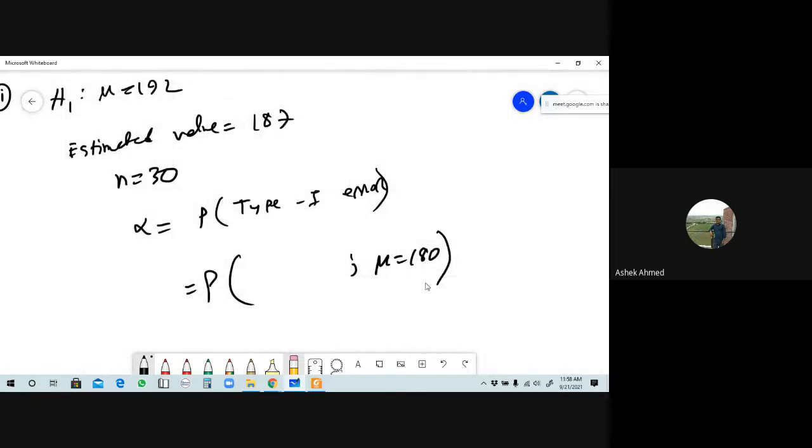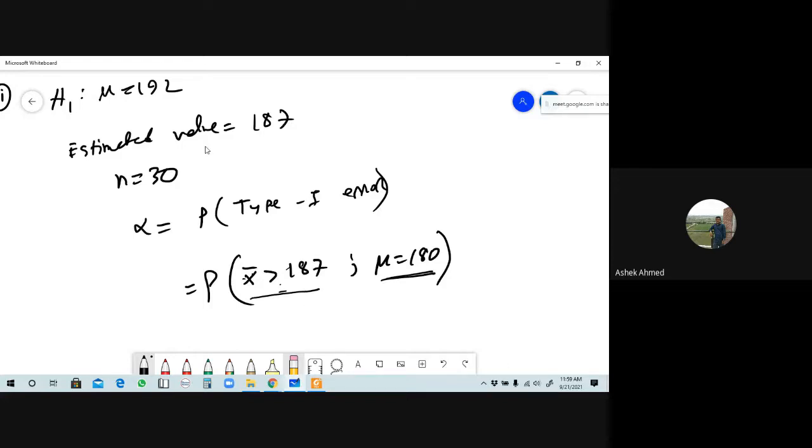The value of null hypothesis here is 180. এই যে হওয়া সত্ত্বেও, we have to determine on the basis of estimated value, estimated value উপরে এমন একটা inequality we have to derive, that inequality does not satisfy this value, that means mu equals to 180. So in that case the inequality will be here x bar is greater than, the estimated sample mean is here 187. Can you say this x bar is greater than 187 inequality satisfies mu equals to 180?